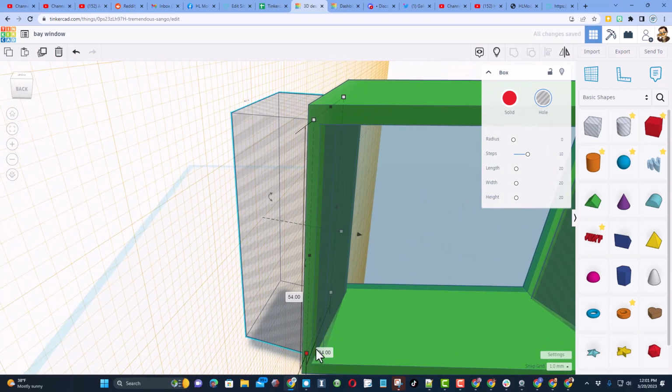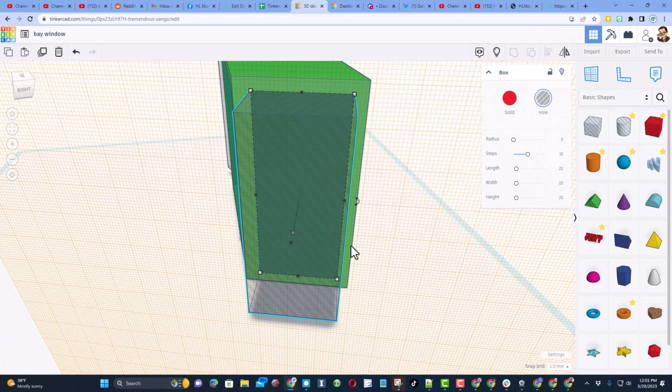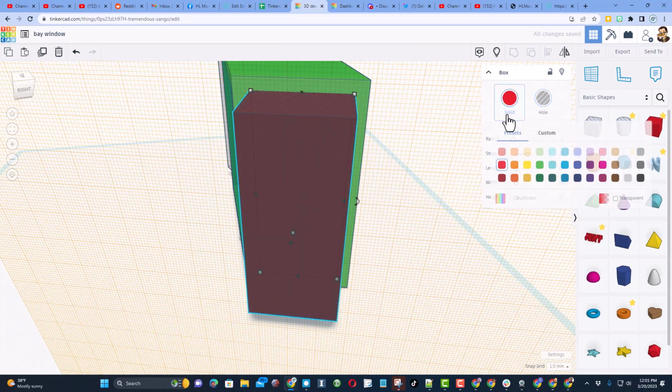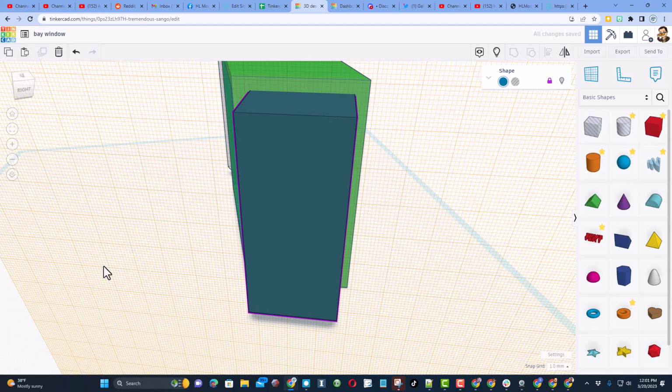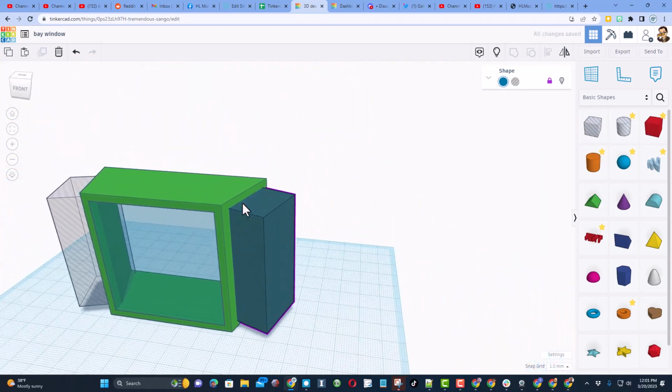It's going to cut. It will leave that little mark, but like I said, I'm just going to ignore that. Now, friends, I do want a second copy of this to make for the glass, so we will do Control D again. I will set it that blue that is going to be my glass color, and I'm going to lock it. Put the work plane on the ground so you can see this better,